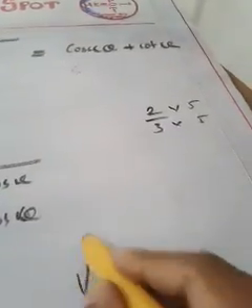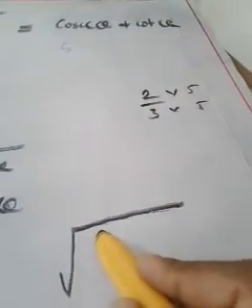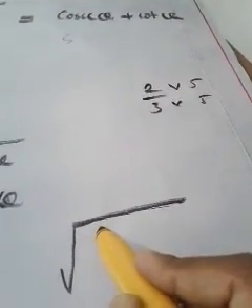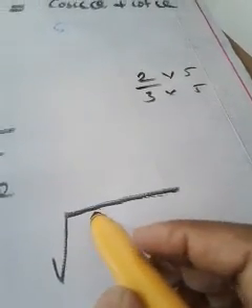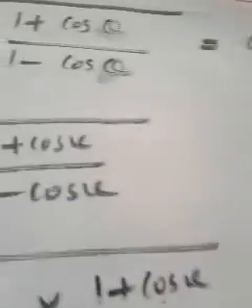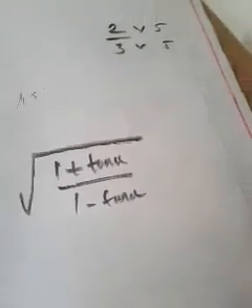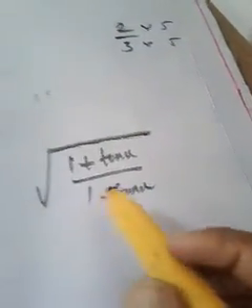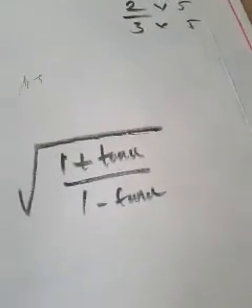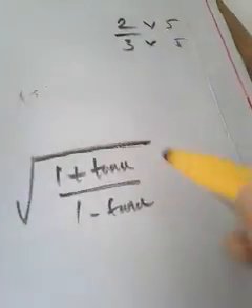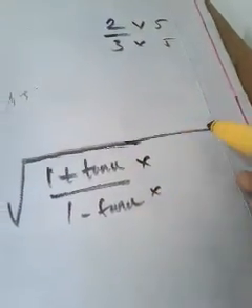Suppose the question is like this. Suppose the question is, instead of 1 + cos θ divided by 1 - cos θ, suppose the question is like this. If you multiply with its conjugate, what will happen? It was 1 - cos θ in the denominator. It has now become 1 - tan θ. Okay, if you multiply both with the conjugate,